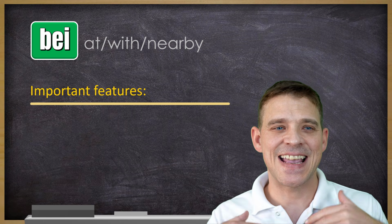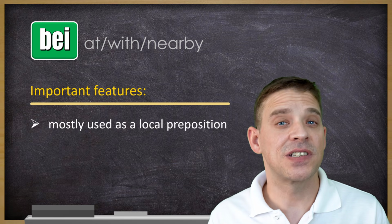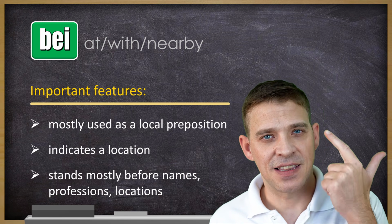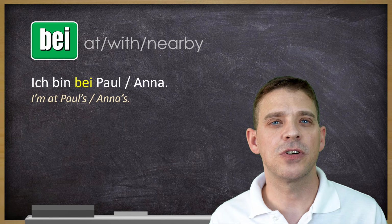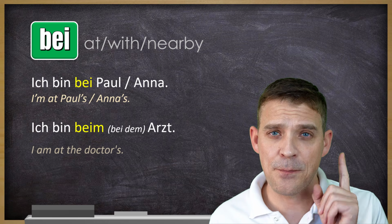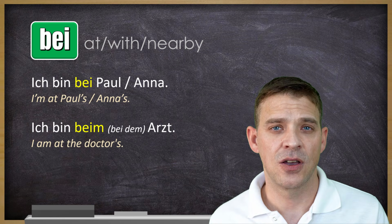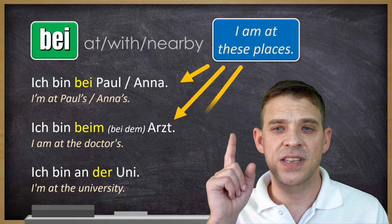Bei, on the other hand, is this at, or also with or nearby. And important features here are, it's mostly used as a local preposition. It indicates a location. And also it stands mostly before names, professions and locations. So we take the same examples we just did with zu, now with bei. Ich bin bei Paul oder ich bin bei Anna. I'm at Paul's oder I'm at Anna's place. Ich bin beim Arzt. I'm at the doctor's. Here again, beim is the combination of the preposition bei plus the dative article, definite article dem. Und ich bin an der Uni, I'm at the university, meaning again this is used if you are at